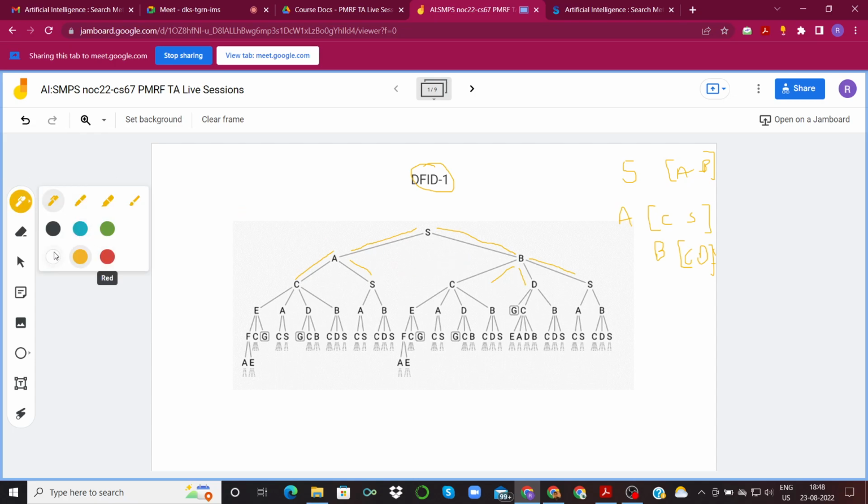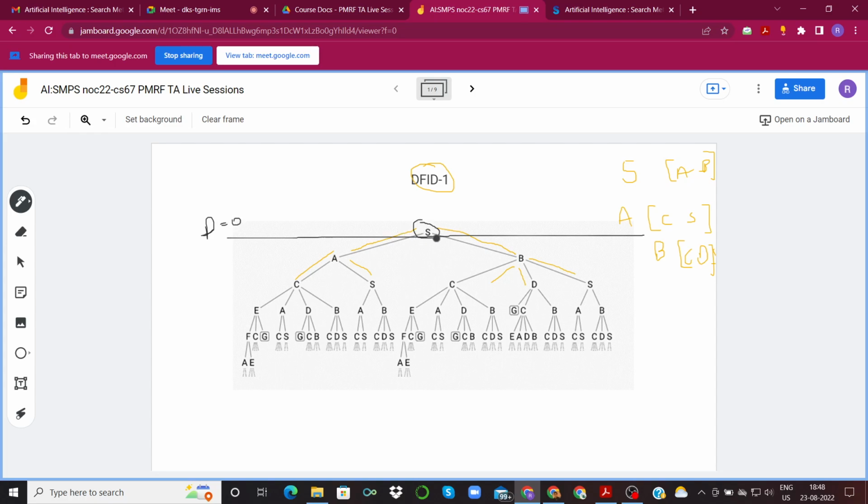So let's consider depth equal to 0 first. The only node here is S, and S is not a goal node. So it will move on to the next depth, which is D equals 1.